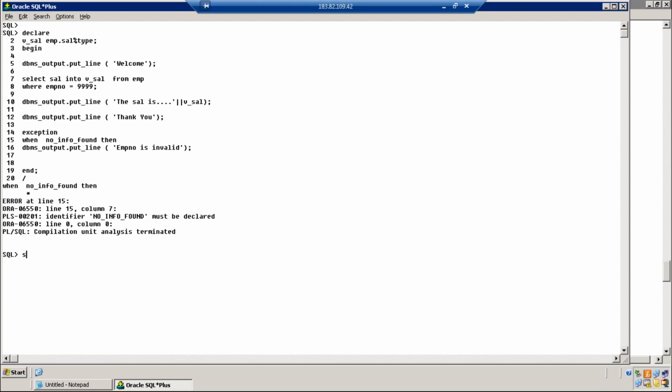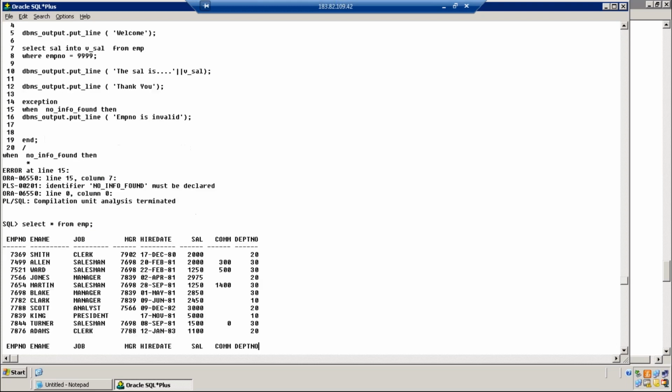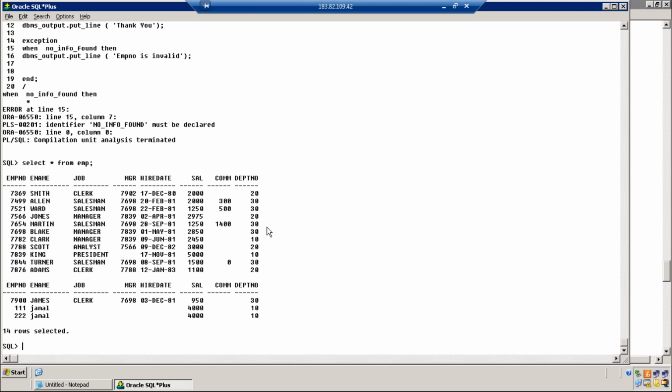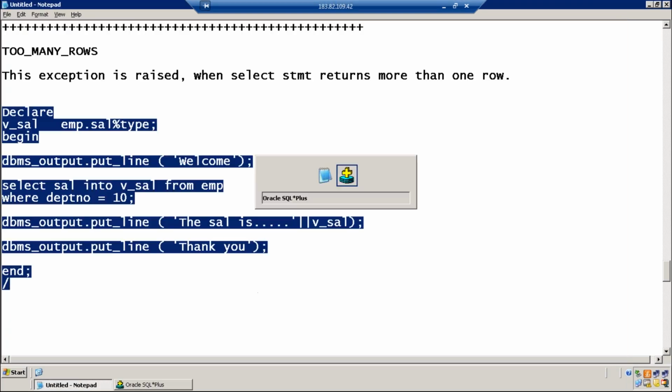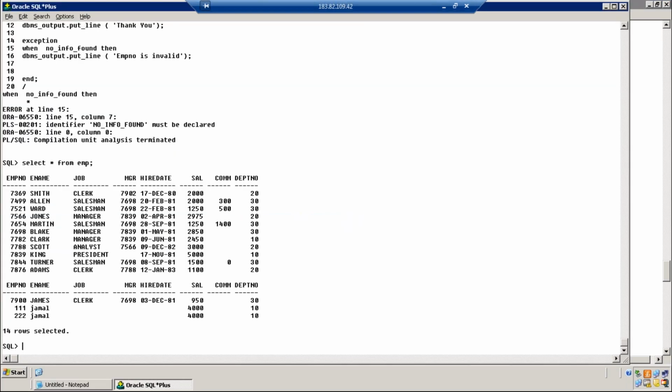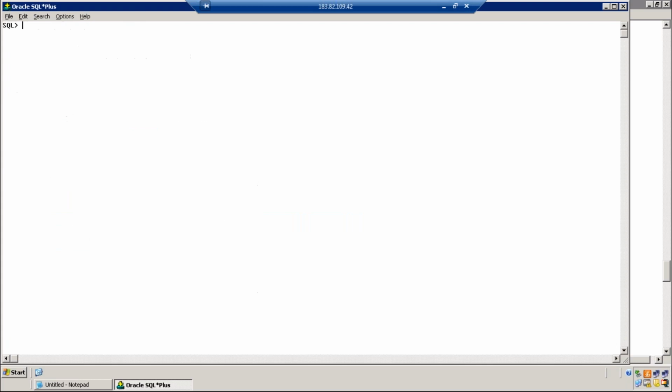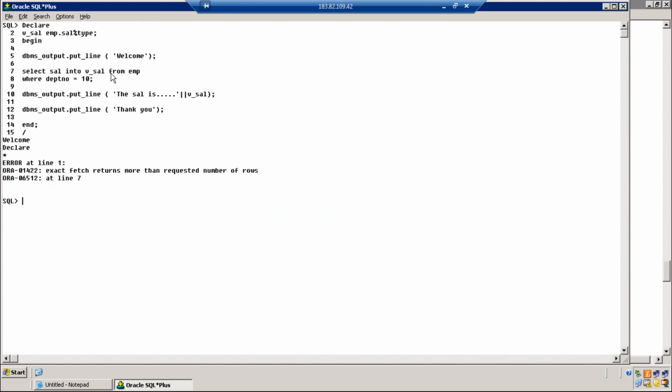In department number 10, it's not one employee, you have multiple employees: 1, 2, 3, 4. Output of the program is welcome and error. The message you're getting is: exact fetch returns more than requested number of rows.